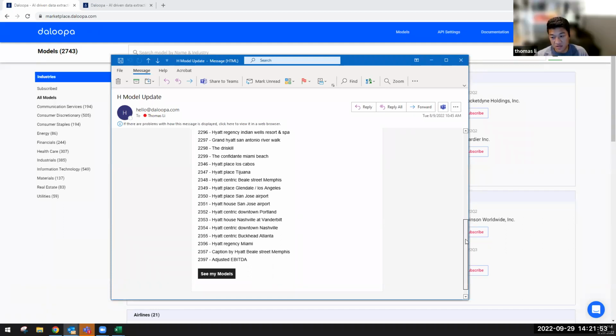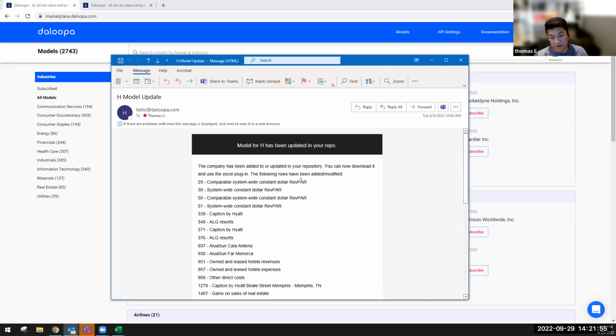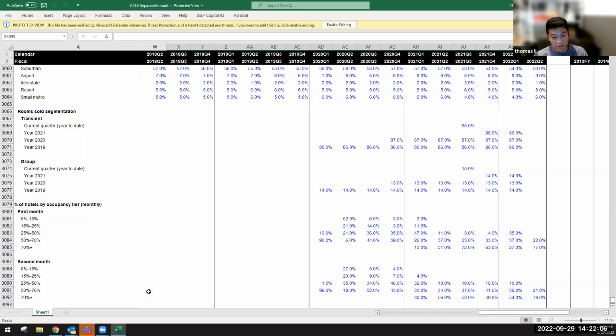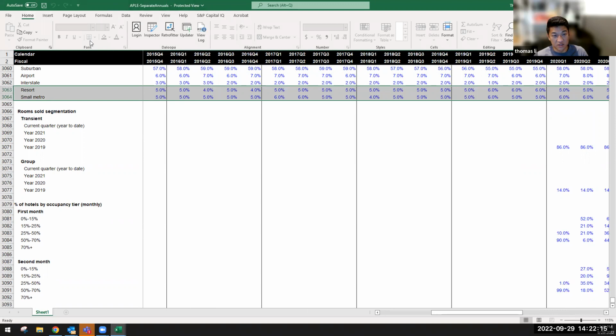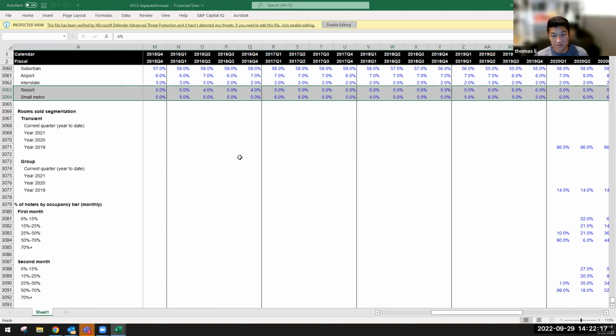Yeah, so this is exactly how we handle newly disclosed KPIs. We showcase all the KPIs in the Excel rows. And what will also happen is when you do download the model, if a KPI is fresh, it's actually going to be highlighted in yellow. So I'm just going to fake a fresh KPI. Let's hypothetically assume that these two KPIs are fresh. What is actually going to happen is,